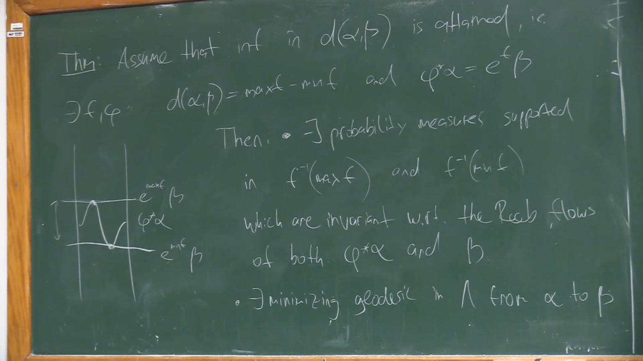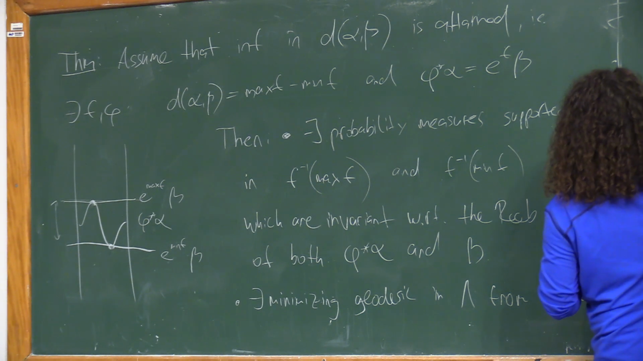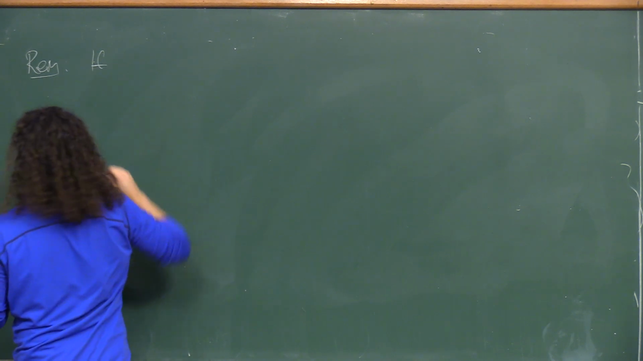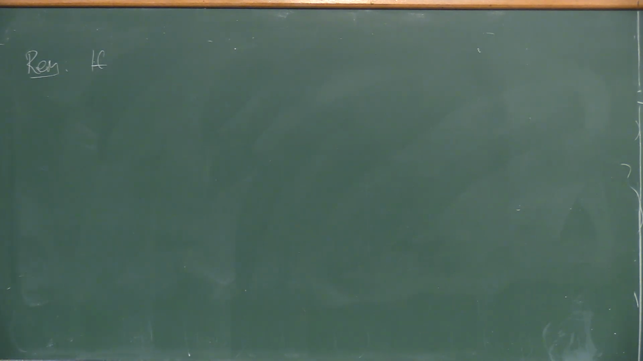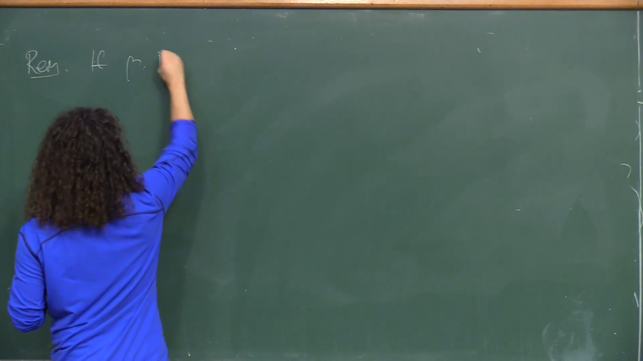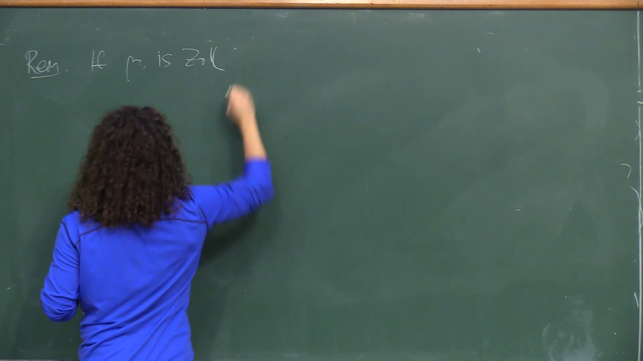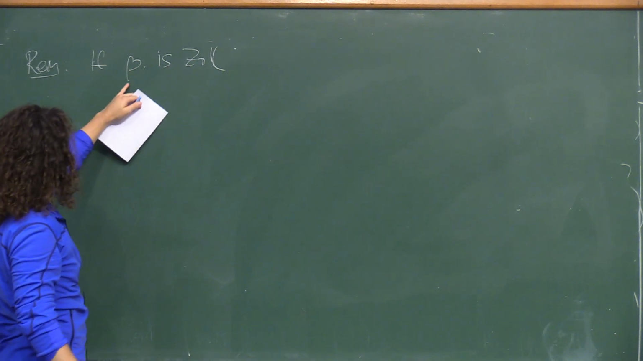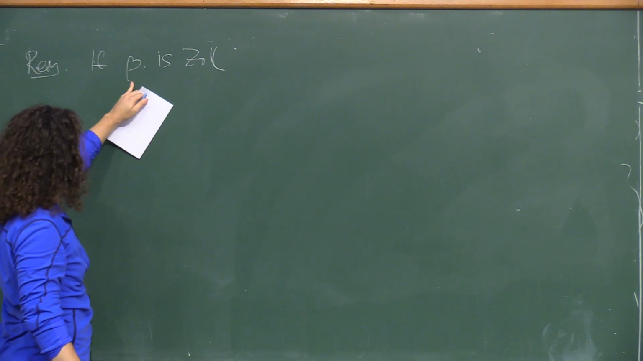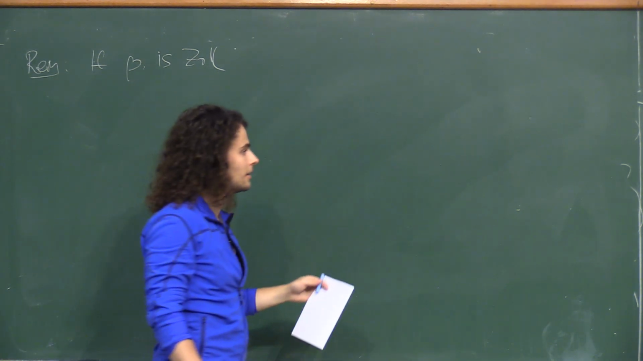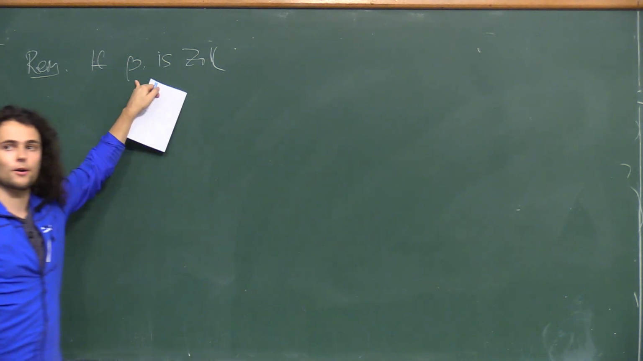We have the following remark. If one of my contact forms is a Zoll contact form, so if beta is Zoll, which means that all the flow lines of beta are closed of the same minimal period. So for example, if beta is the contact form on the boundary of a ball,